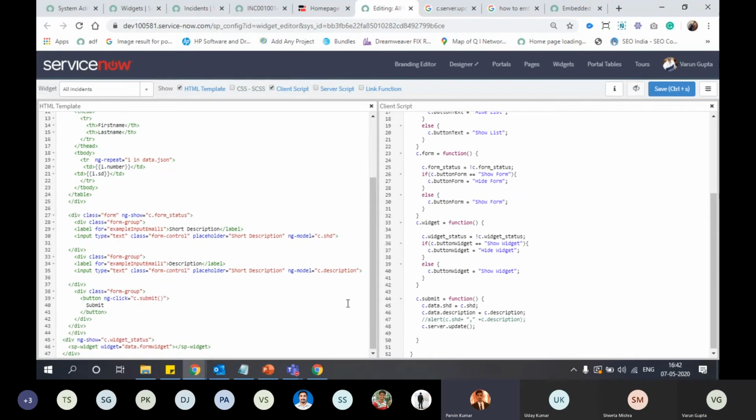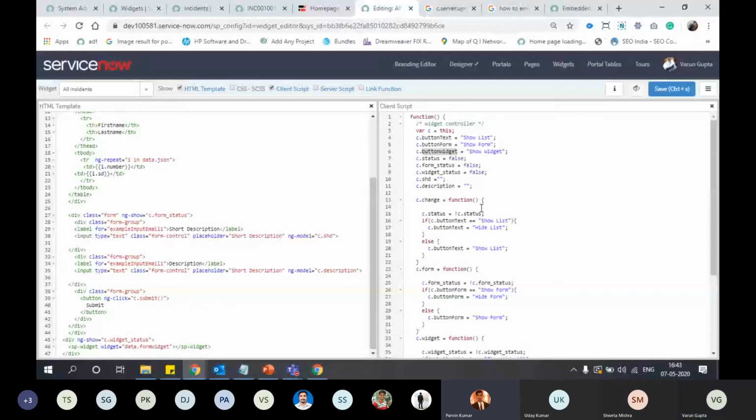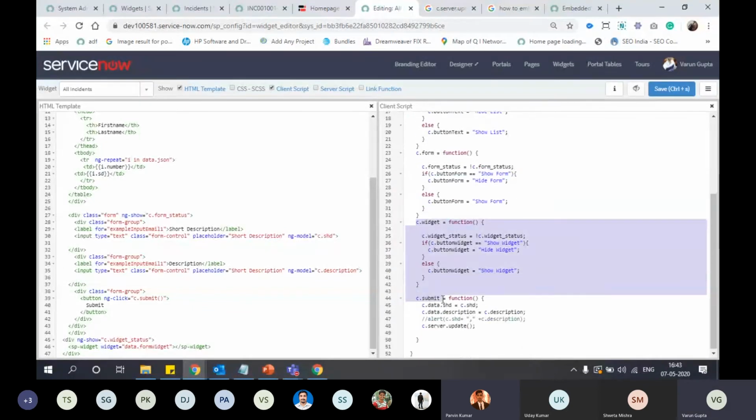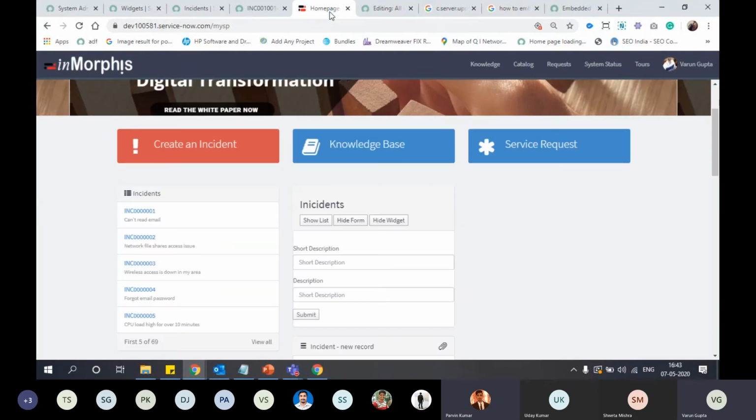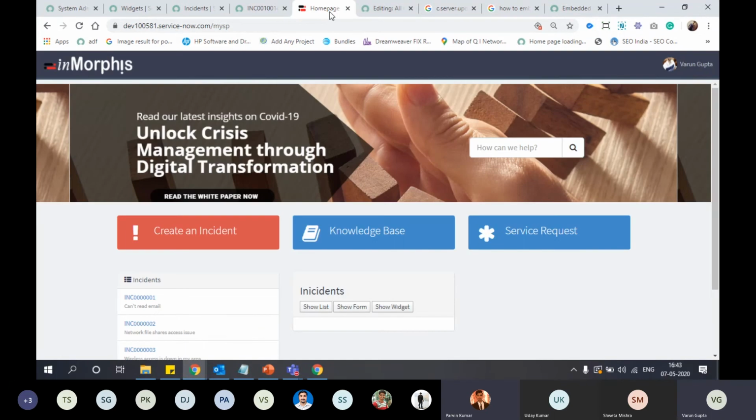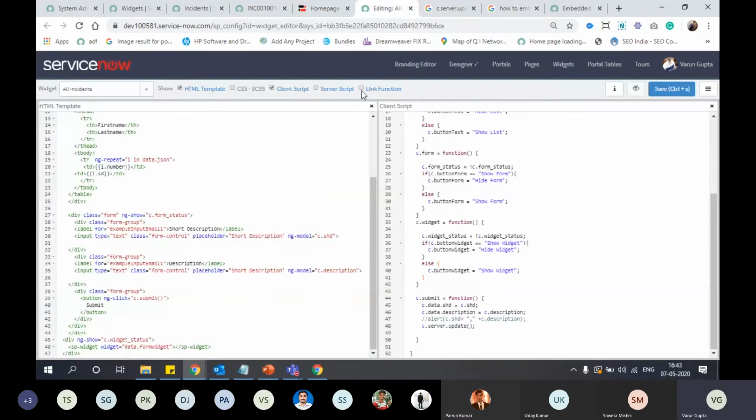Anyways, you guys understand how to communicate between client script and server script, and how to transfer data from HTML to client script and server script. This is a very basic widget.